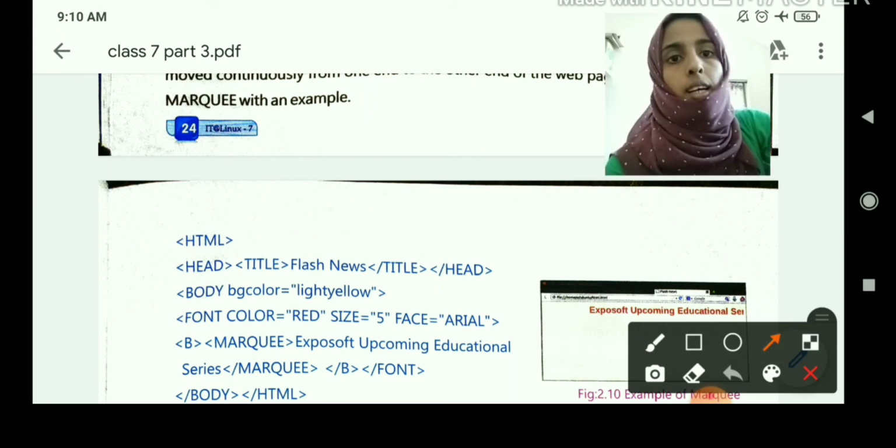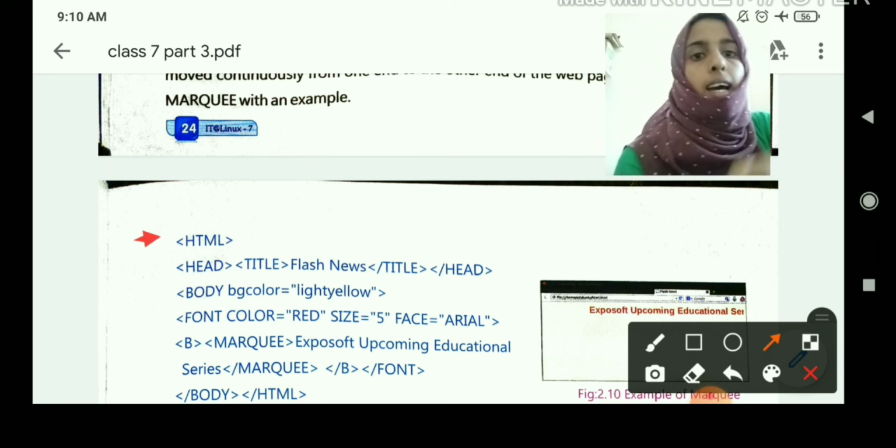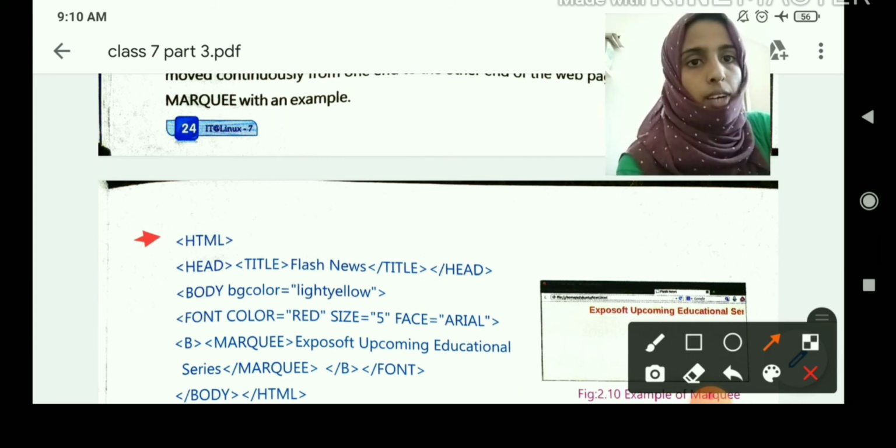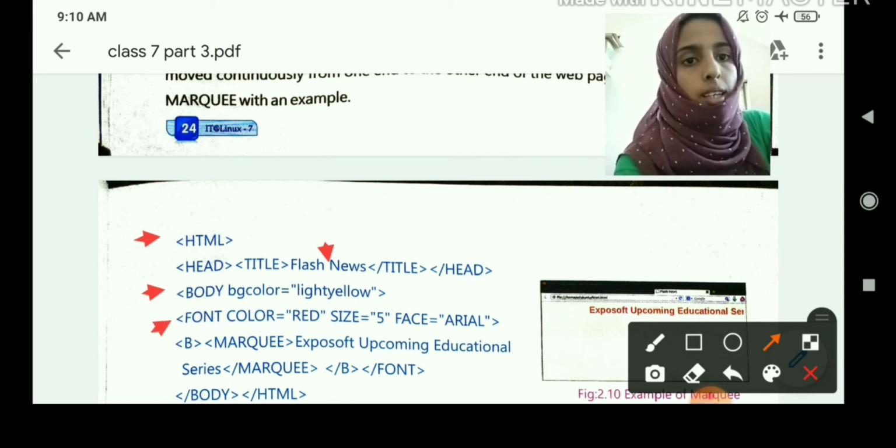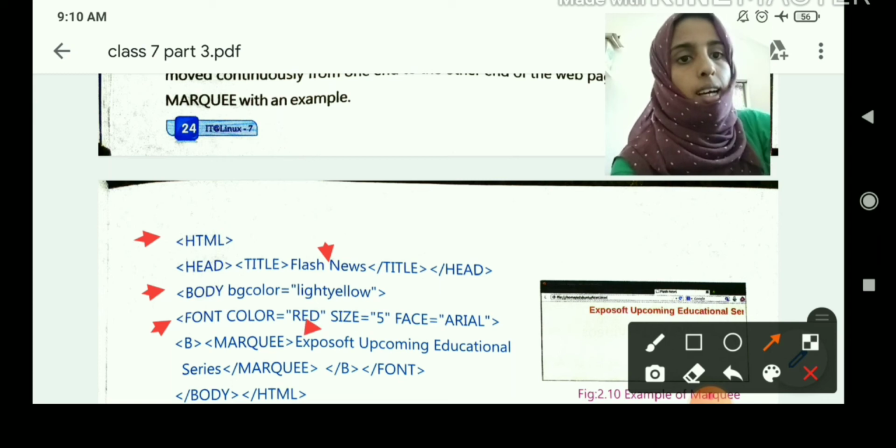As usual, the HTML program starts with the HTML tag, and we write the title within the head, that is flash news. We are giving the body bgcolor light yellow, then font color equal to red, font size equal to 5, and font face equal to Arial.